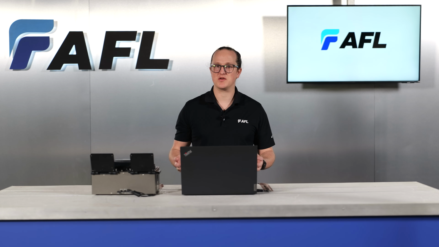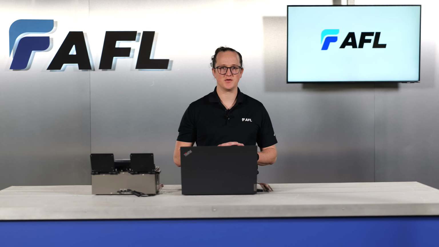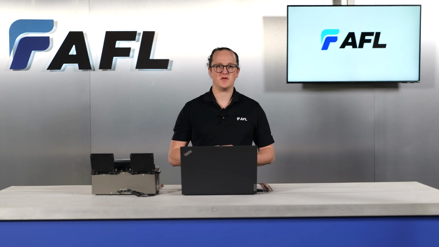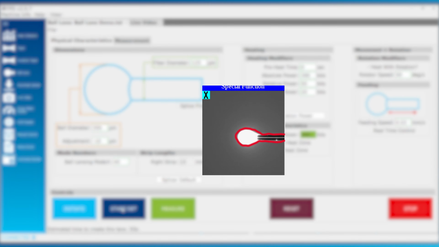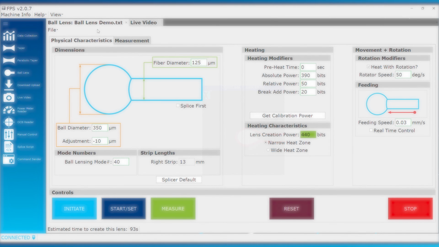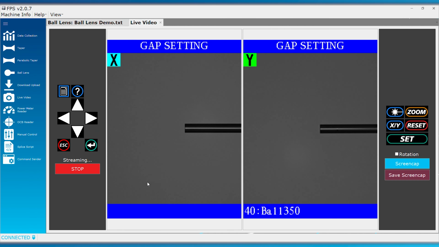The first of the fiber shaping modules is the ball lens module. This function allows you to create a lens on the end of a fiber using the glass's natural tendency to self-adhere when in a molten state. This is often referred to as the matchstick effect. By firing the arc and slowly driving the fiber into the laser or plasma field, we can form a precise